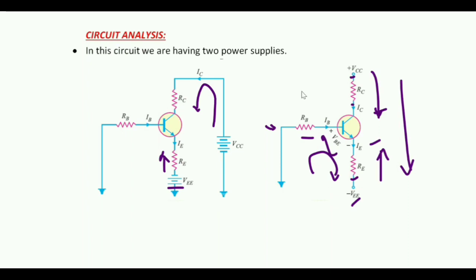This is all about the circuit, and the main things different from the other circuits are two voltages and an emitter resistor.